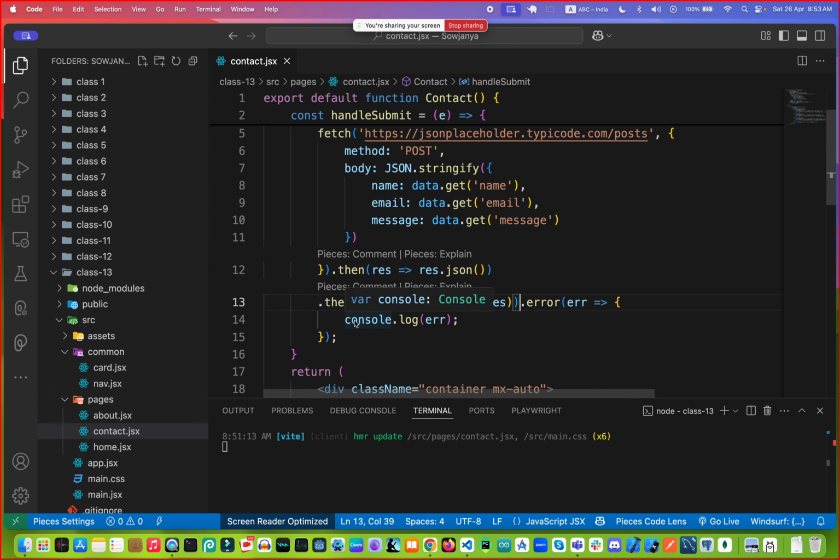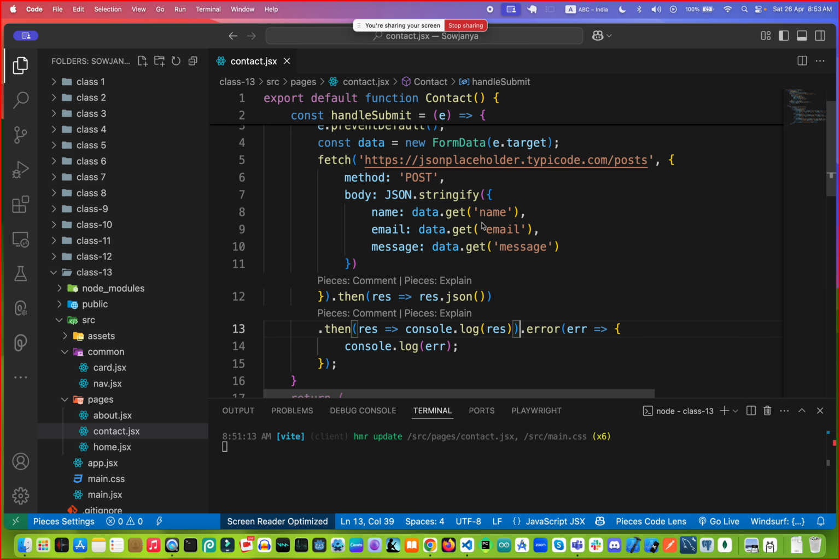We can also create it. Of course, we can create our own server-side module. Server side is okay, but what I'm saying is, in the JSON placeholder site that we are using over there,